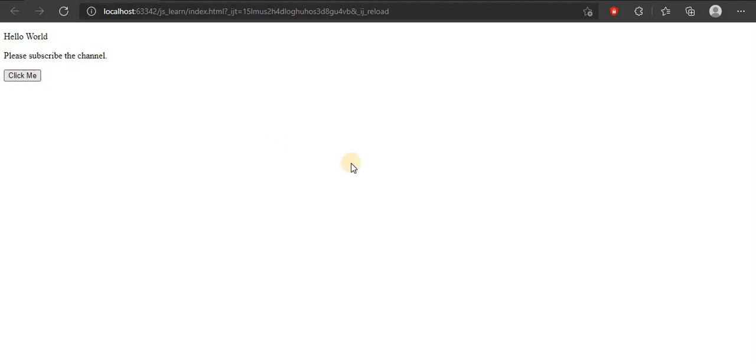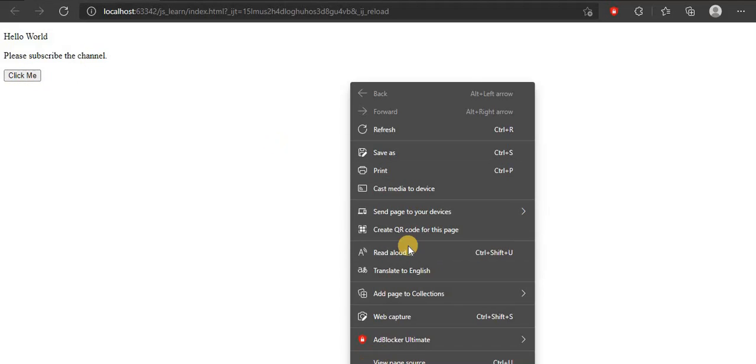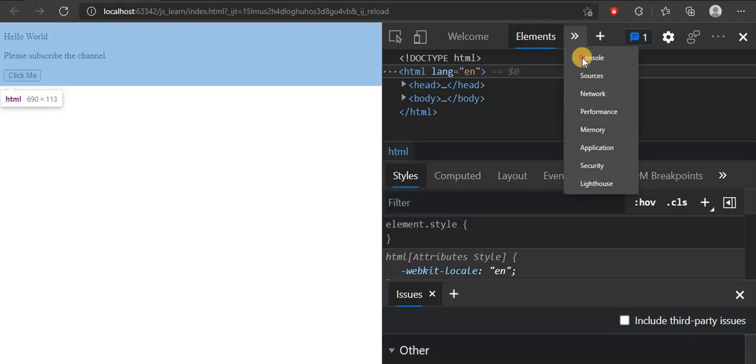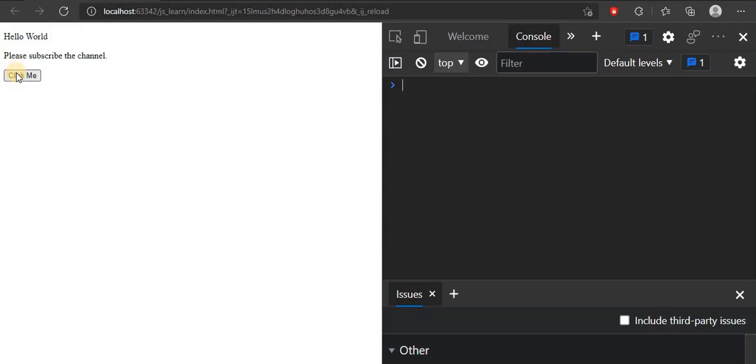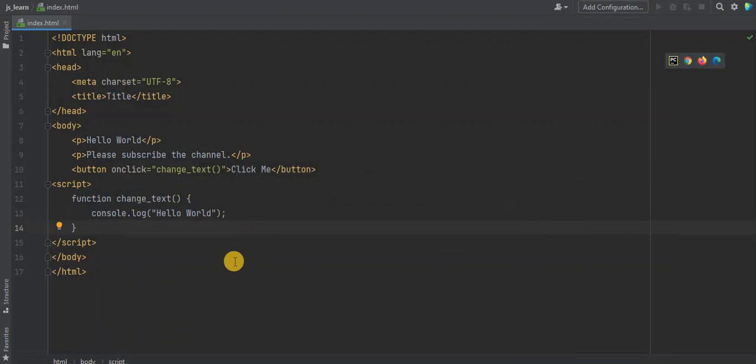And when I click on this button, first let me open my console here. And when I will click this button, hello world, you can see again click hello world 2 times, again click hello world 3 times. So you got the idea. When we are clicking, we are getting hello world in our console. So this is what I want. Now I can change this code here to something which will actually change the text of this p.